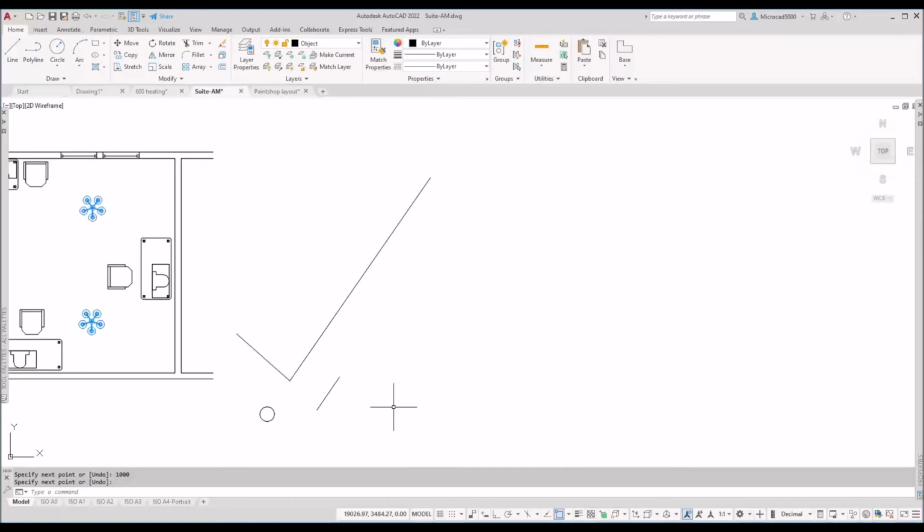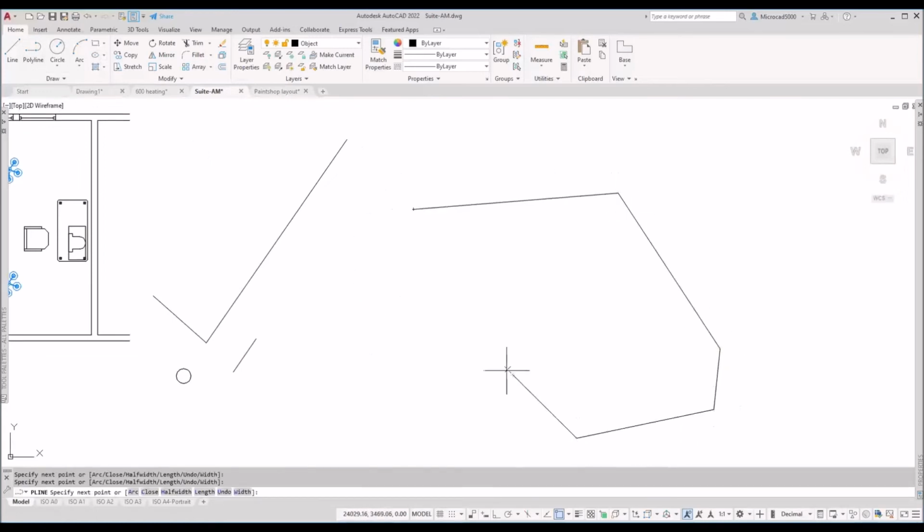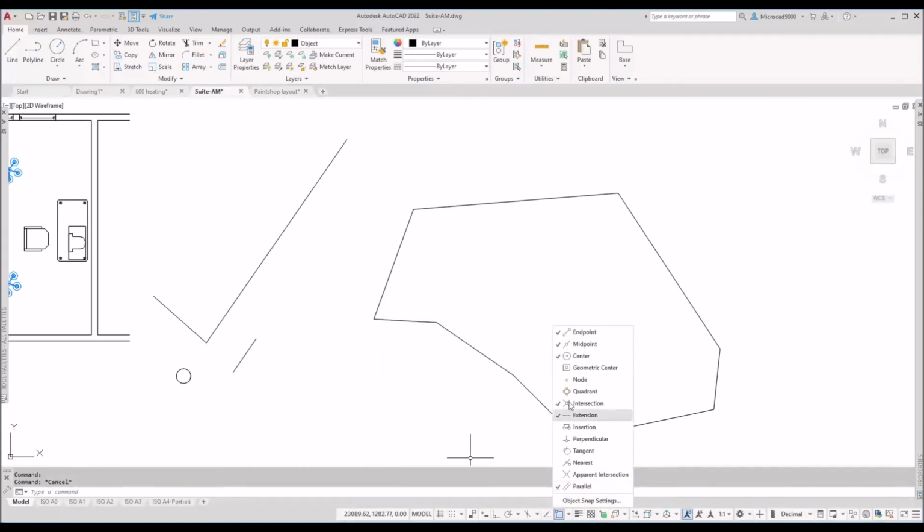They're your running snaps. Now there's another snap called geometric center nowadays as well. If I draw a polyline like that and close it, where's the geometric center of this shape? Now, to be fair, I struggle to think of an example other than, imagine that's a big slab of concrete or a steel plate, and you want to lift that with a crane from a single point. Where would you pick it up from? Now, I know in reality you'd sling it from various corners, so you wouldn't use the geometric center to lift it from. However,